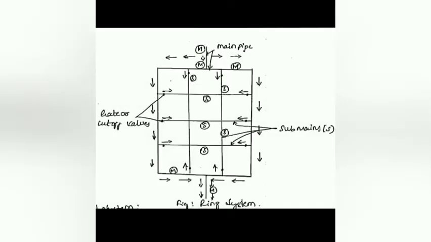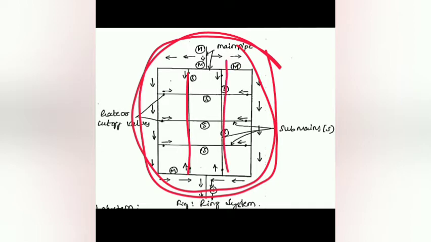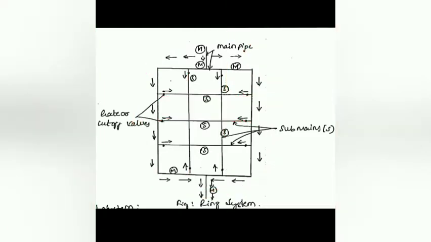See this entire outside line, what we are seeing, this is a rectangular pattern of the ring system. The entire outside line that we are seeing is a main line. So an entire ring of a main line is formed, from where we have connected the S, which is indicating the sub main lines. From the sub main lines, wherever it is needed, the laterals are also provided. At most of the points we have indicated the gate valves or cutoff valves, indicated by the dots provided at these points. That is why, since it is completely closed by the main line outside, this system is called the ring system or circular system.